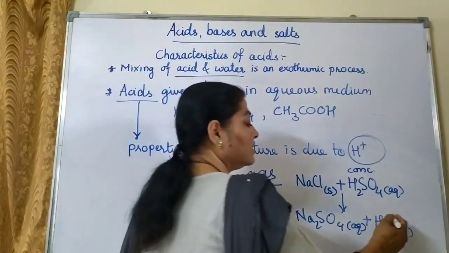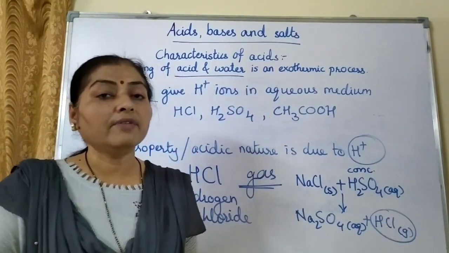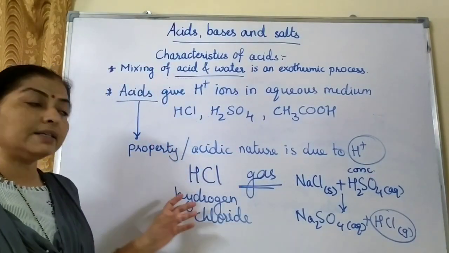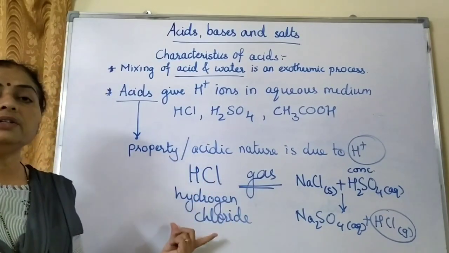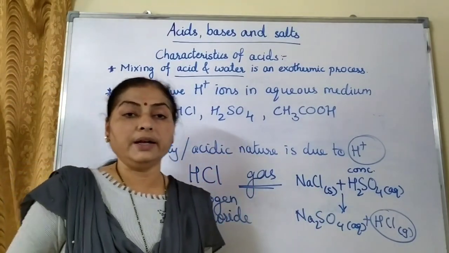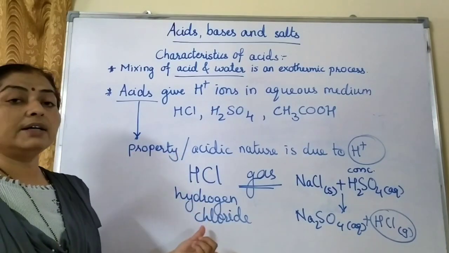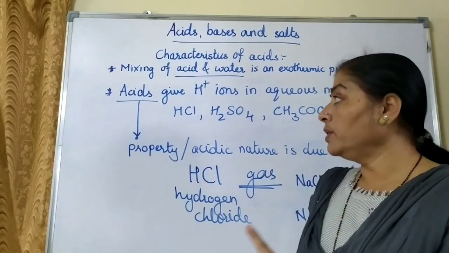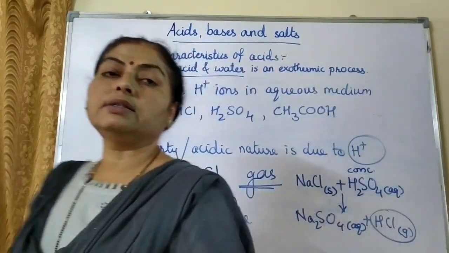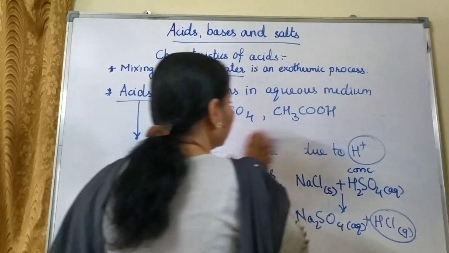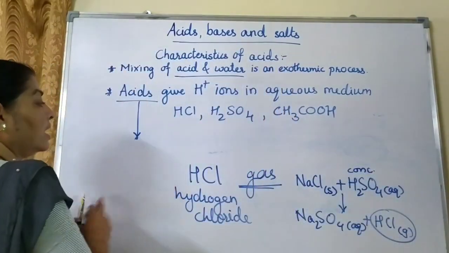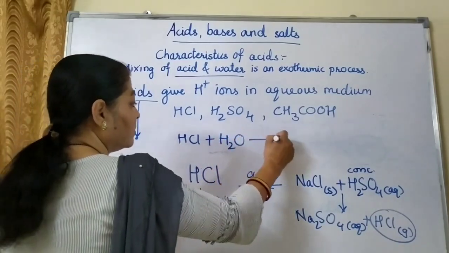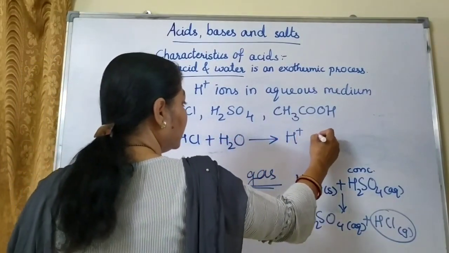This HCl gas does not have any H plus ions. And that is why we don't call it hydrochloric acid when it is a gas. When it is a gas, we just call it hydrogen chloride. When this gas mixes with water, then with water only it can form H plus ions. So when this HCl gas is mixed with water, then it will form H plus ions